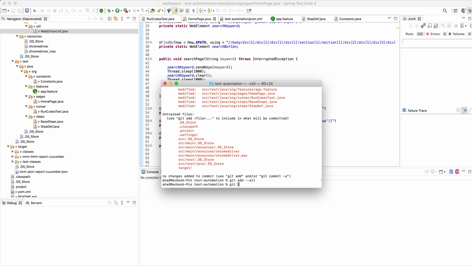So I'm uploading all my code to the GitHub. Okay. So I added all the files. Git add hyphen hyphen all. That means I added all the files.